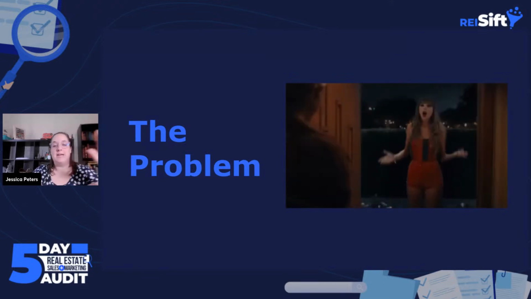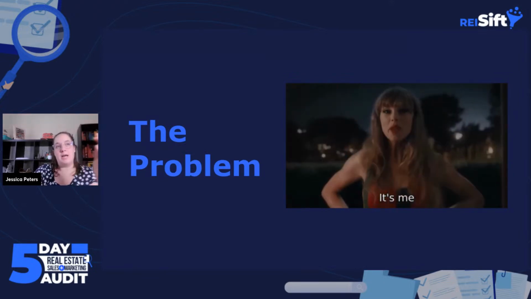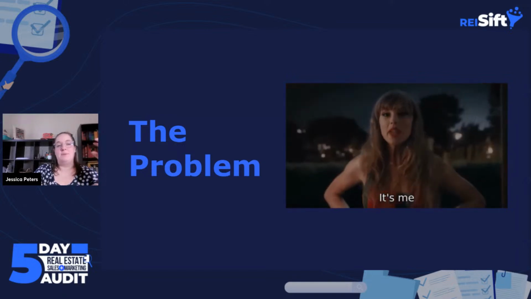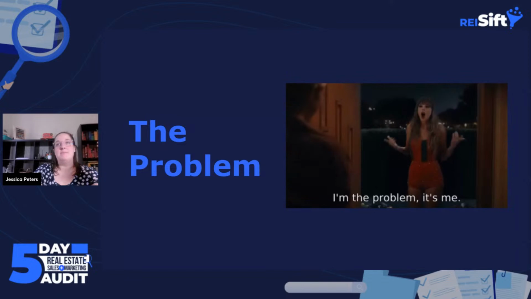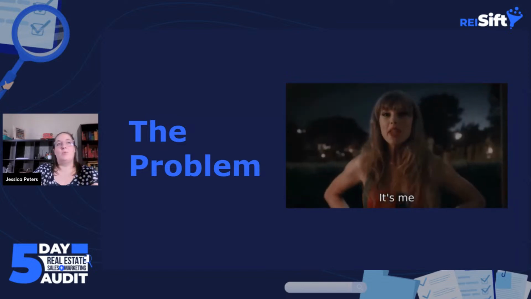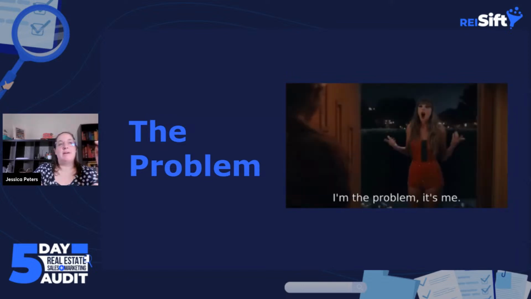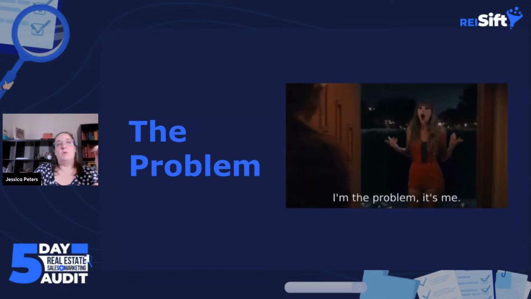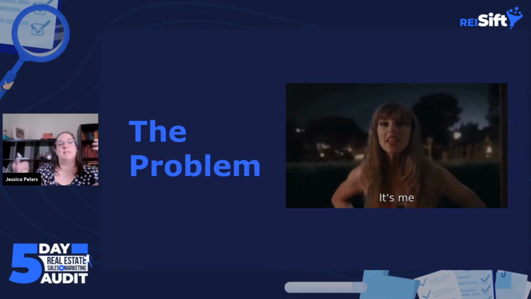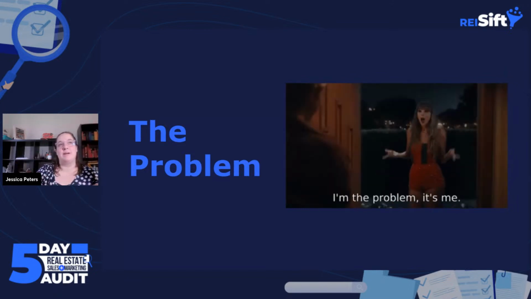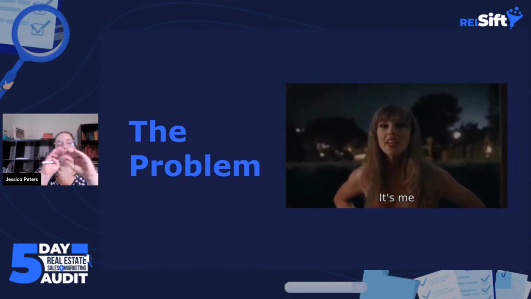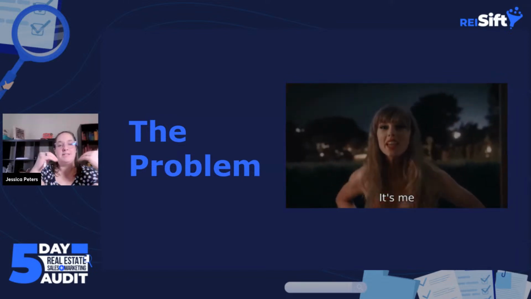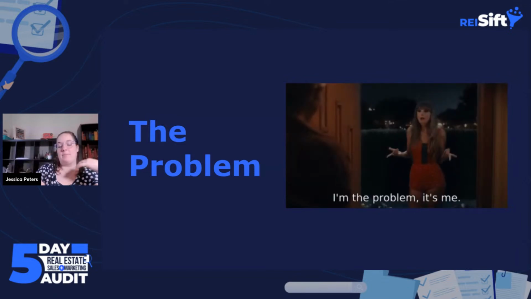So we talked about on day 1 some of the problems we ran into when we were auditing. What we really broke it down to is that people didn't know what steps to take. They didn't know what type of marketing they wanted to do, or they didn't have the clarity in their data to be able to make that actionable. A lot of times the problems people stated were like, I don't have enough lead generation, right? And so they would have a bigger, high-level problem, and sometimes we have to dig into why we might have that problem.